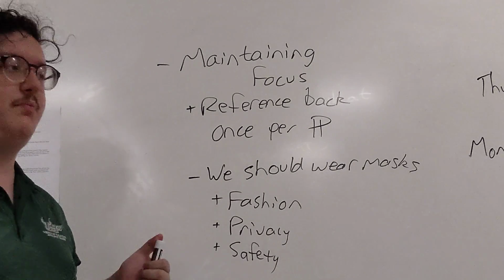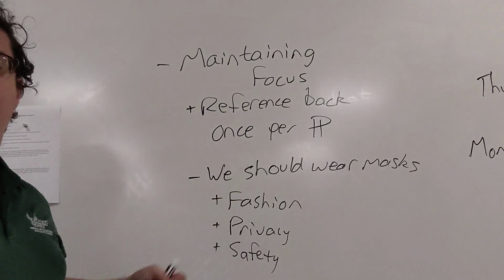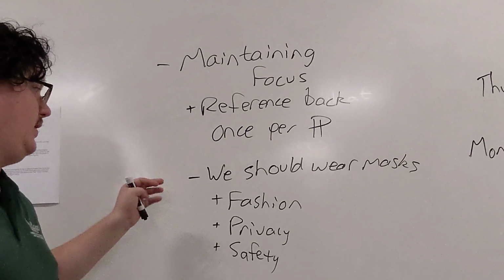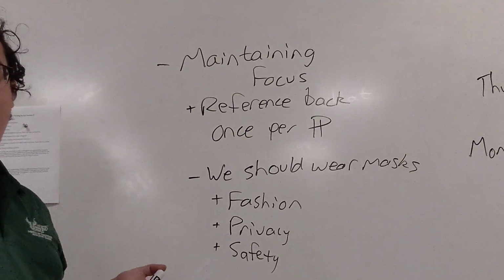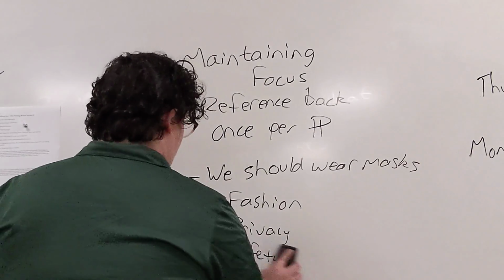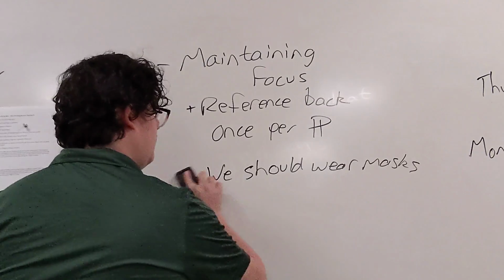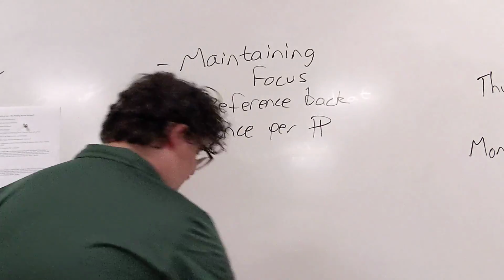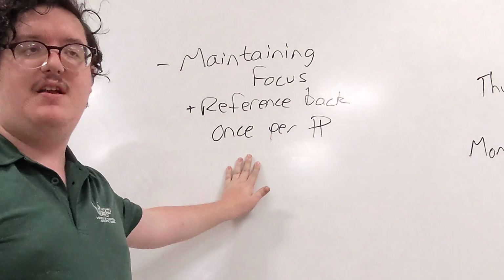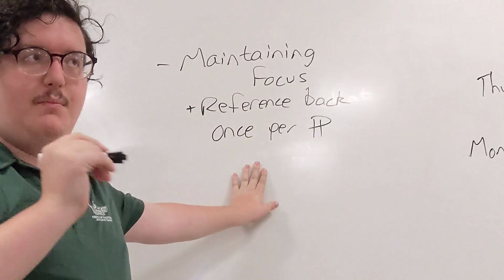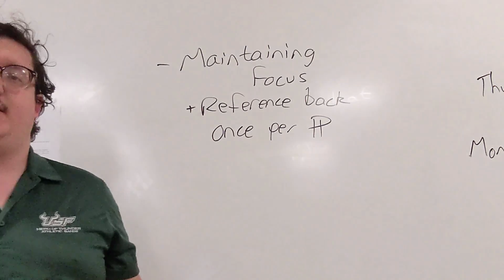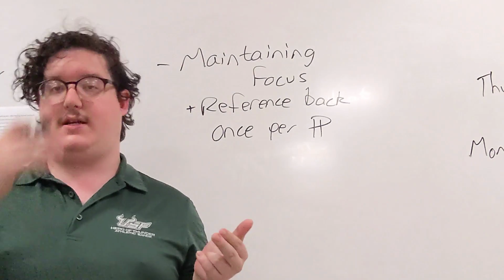And then you can go on to explain it in more detail after that, and that is your body paragraphs right there. That's one way we can reference back to the thesis. Now, if you want to challenge yourself a little bit, you can integrate that reference back to the thesis not just in the first sentence, but a little bit later on. After you use a piece of evidence, use that to go back to your thesis.